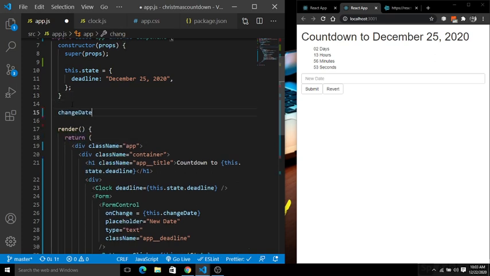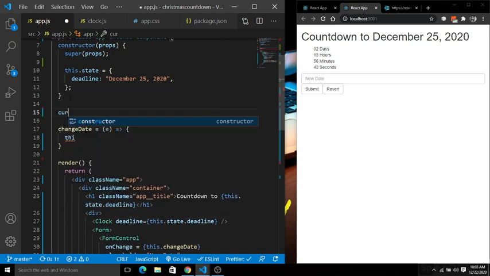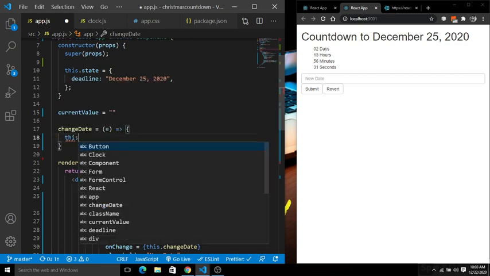Inside the changeDate, it will take an event as an object. Inside this I am going to create a variable first of all. So current value, and the current value is an empty string.